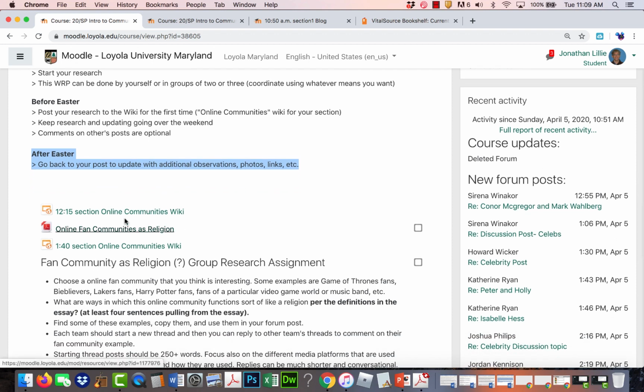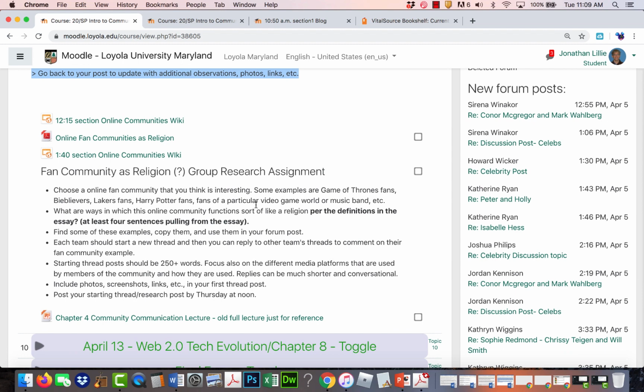break. We're going to be using this wiki tool because we have problems with the discussion forum, and I'm going to go over those in a second. And then here are a little bit more detailed guidelines for the assignment. But before I get into that, I want to do a quick mini lecture on chapter